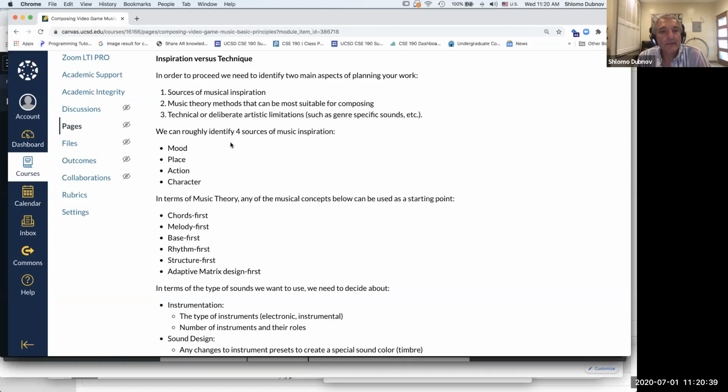If the game introduces specific characters, you might think about the villain versus the boss or your protagonist. Is he likable? Do you want the melody to be memorable?